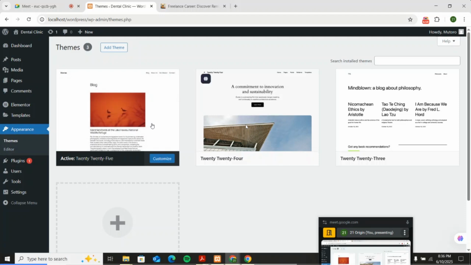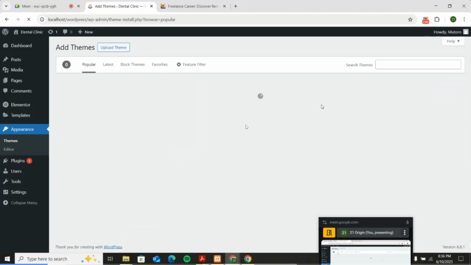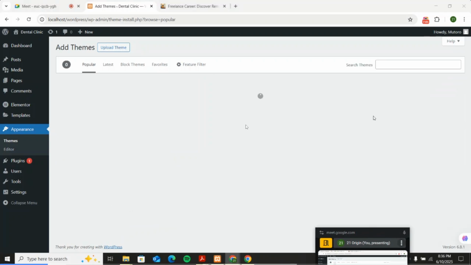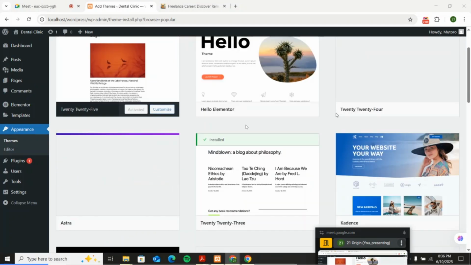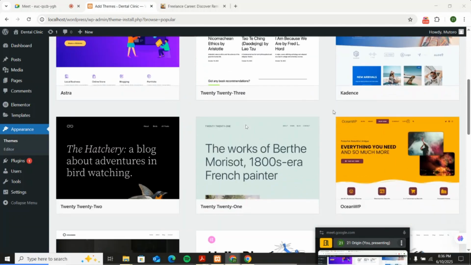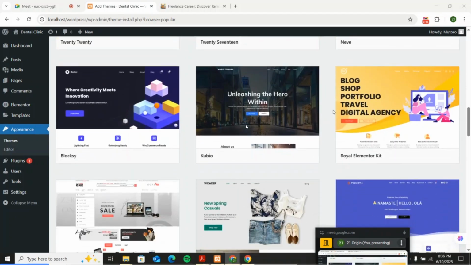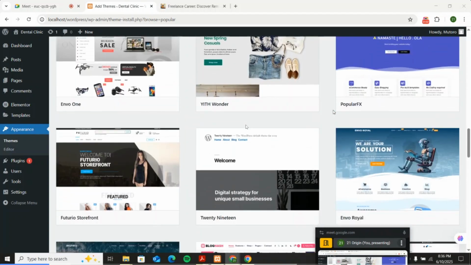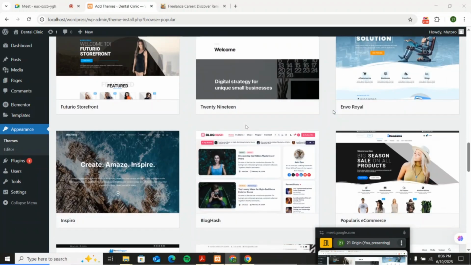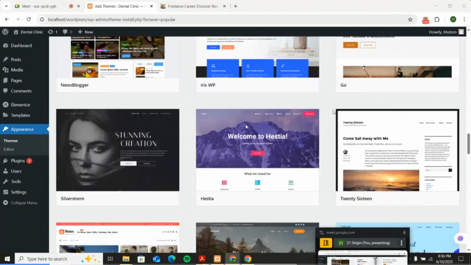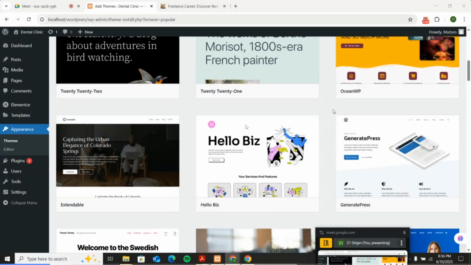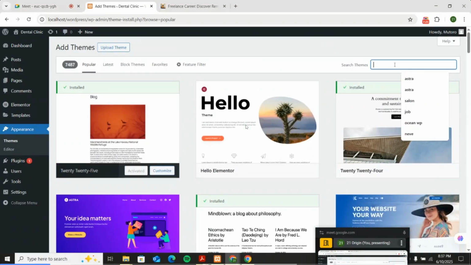Now we want to add a theme. Let us add a theme. As you can see, there are dozens and dozens of them. So it is up to you to decide what kind of website you are going to build. And you choose a theme depending on the industry, depending on the needs of that client. If your client is a doctor, then you're going to choose something that is